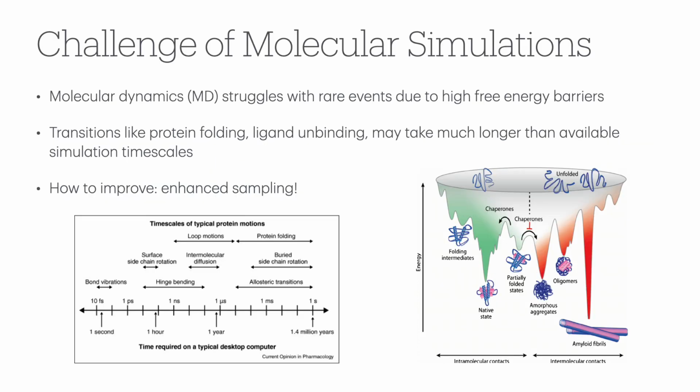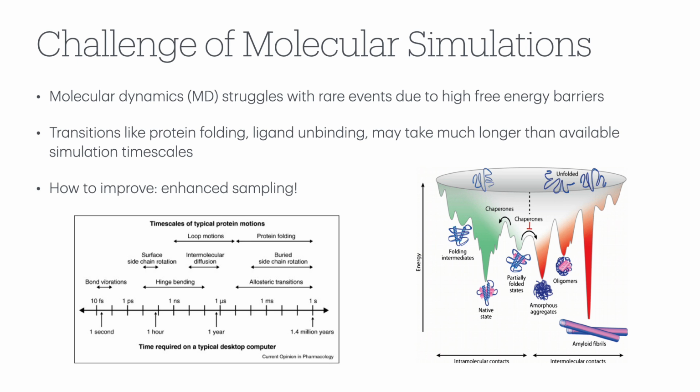So what is the challenge of molecular simulations? Well, as we know, traditional molecular dynamics or traditional Monte Carlo struggles with sampling rare events due to high free energy barriers. If you look at our classic image of a protein folding in different conformations, there are many different energy minima, right? These different conformations fall into different energy minima, but to get from one energy minimum to the other, there's a huge energy barrier. And getting over that energy barrier is very difficult in these simulations.